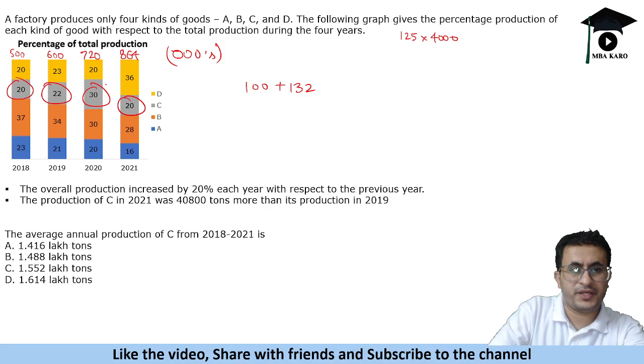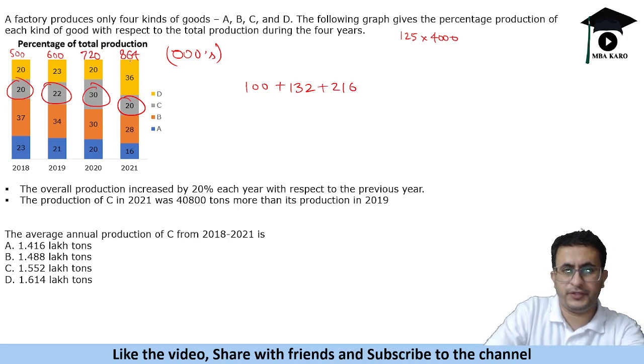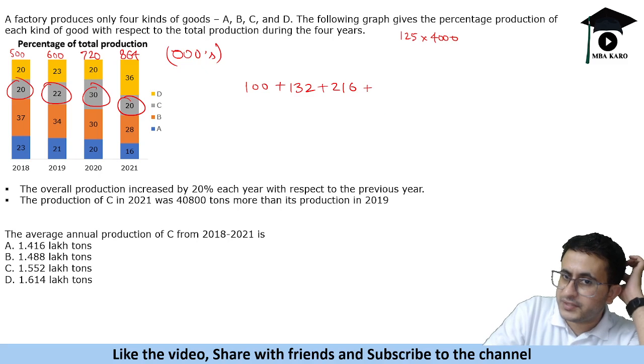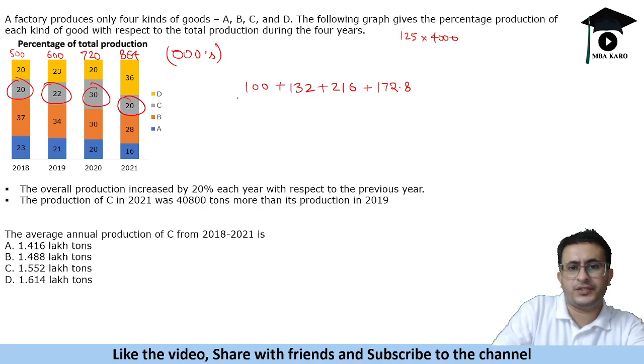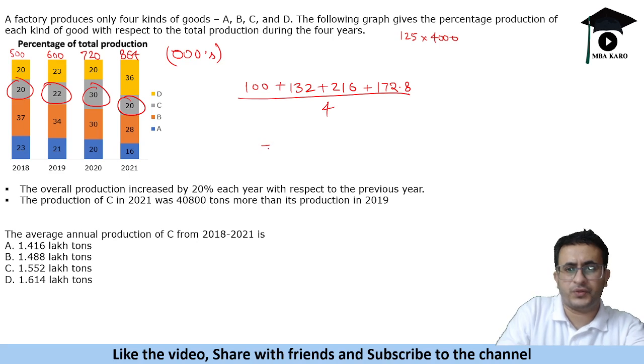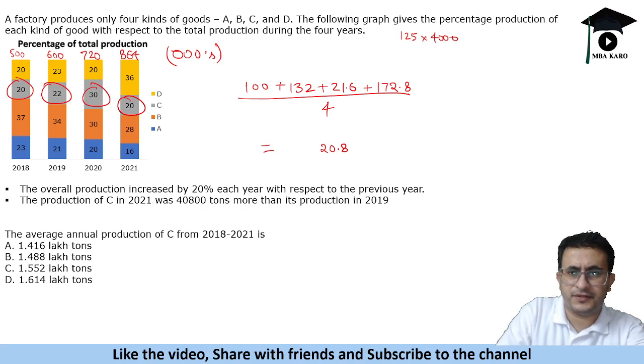Okay, so 720 का 30 is 216 and 864 into 2 is 1728, 172.8. Okay, इसको हमें 4 से डिवाइड कर देना है. Okay, so what do we get? We get 72, 88, 20. So sum 20.8, and that is 1, 2, 3, 4 and 5 and 1 carries 620.8 divided